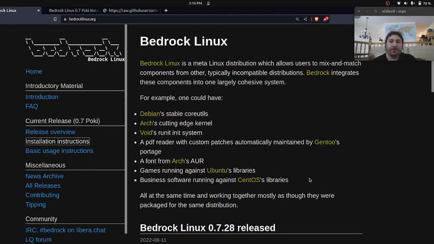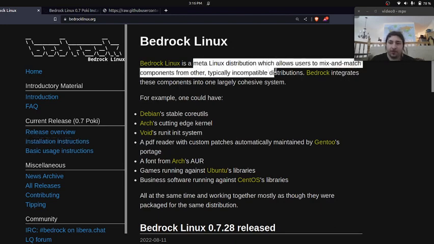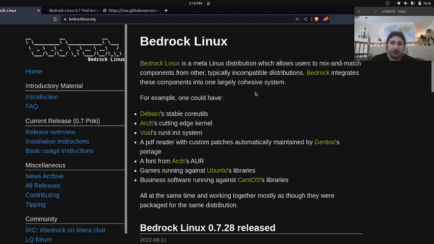I'll tell you later. Hello everybody, and today we're going to be taking a look at Bedrock Linux. So, Bedrock Linux, as it says here on the website, is a meta Linux distribution which allows users to mix and match components from other distributions that are typically incompatible,